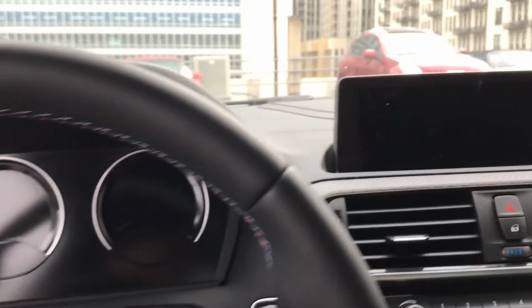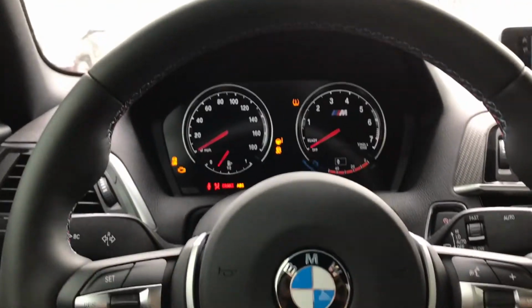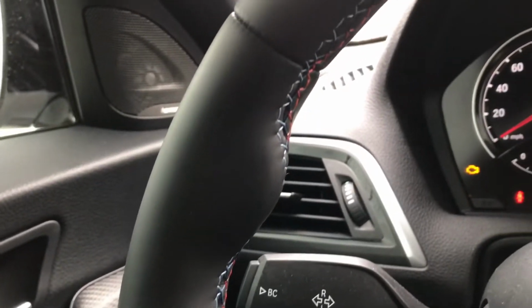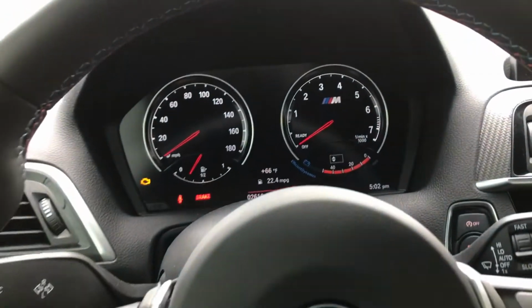Yeah, this car is super sick. Now, I want to show you guys. I'm going to turn this on. Wow, look at that. I love this stitching right here. The little M stitching, the blue and red. That looks pretty sick to me. And this dash,